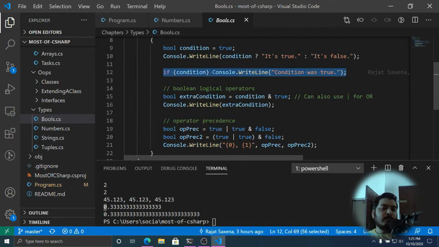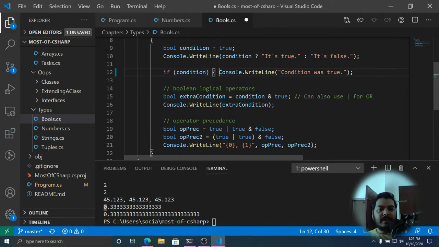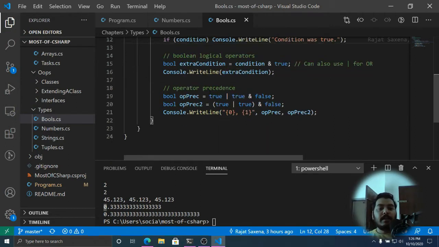You do not have to place a curly brace right after the if statement if there is only one statement, but if you have got more statements to process after the if condition holds true, then you have to use curly braces. Okay, and these are the logical operators.